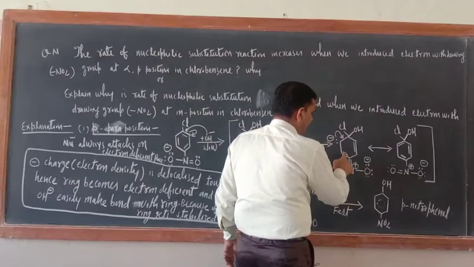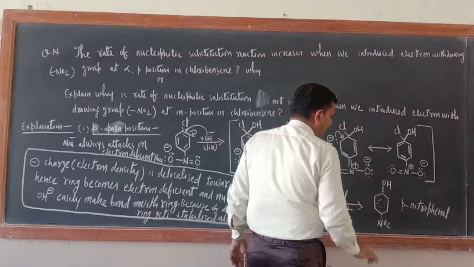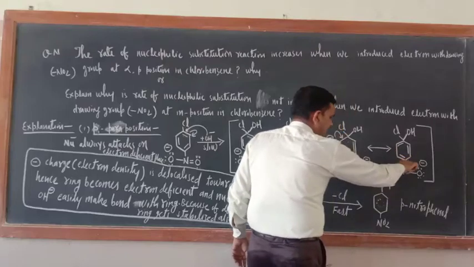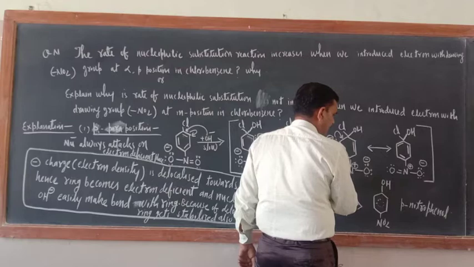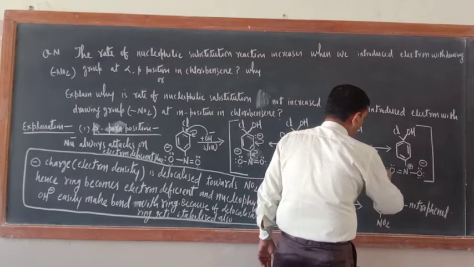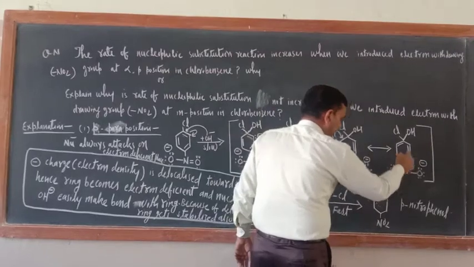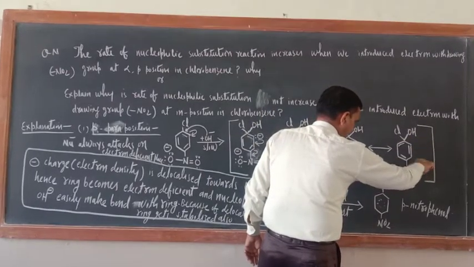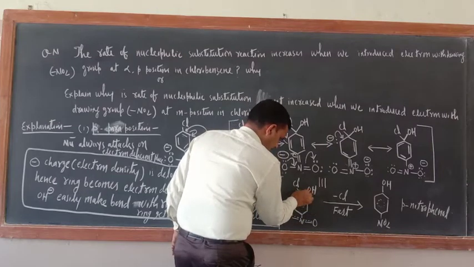Now this double bond would be generated here, with 2 electrons. Next step they will go here, and now the next step is this one. Now here a double bond is there, and here a negative sign is there. Now just see, the ring electron is only channelized here. Okay, now this structure is there. Now make the resonance hybrid. This is the resonance hybrid.